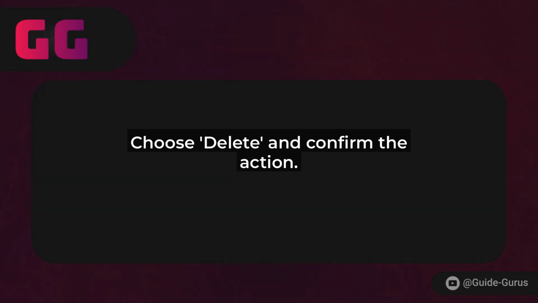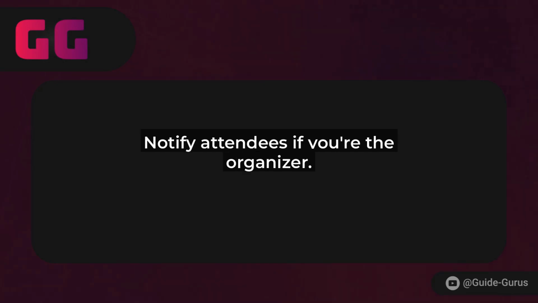If you're using the mobile app, the process is similar. Tap the event, hit the edit pencil, and look for the delete option at the bottom. One quick tip: always double-check your calendar after canceling to make sure the event is truly removed. Google Calendar syncs across devices, so it should update everywhere, but tech can be quirky sometimes.